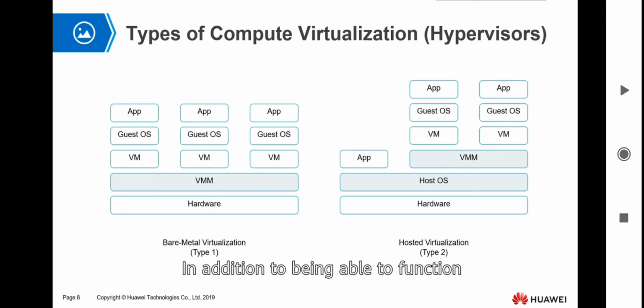In addition to functioning as a VMM, it is generally not possible to install other applications on this host OS. The hypervisor mainly implements two basic functions. The first is to identify, capture, and respond to the privileged and protected instructions of the CPU issued by the virtual machine. Second,